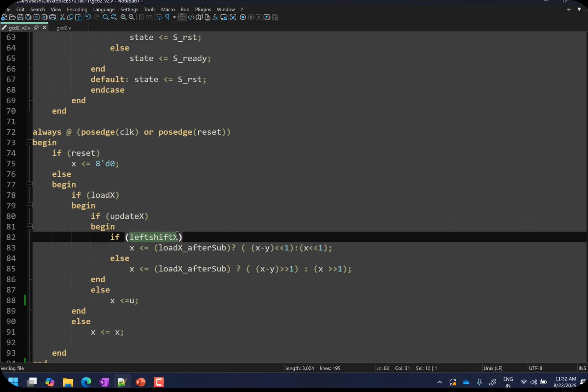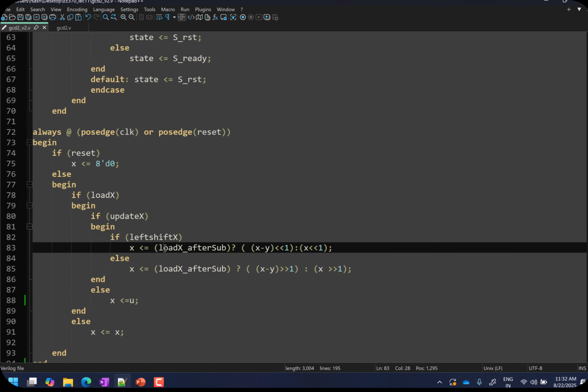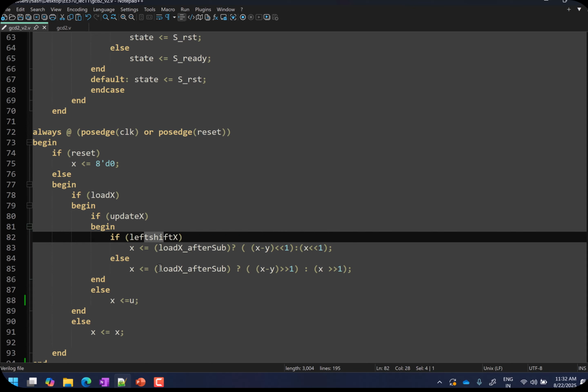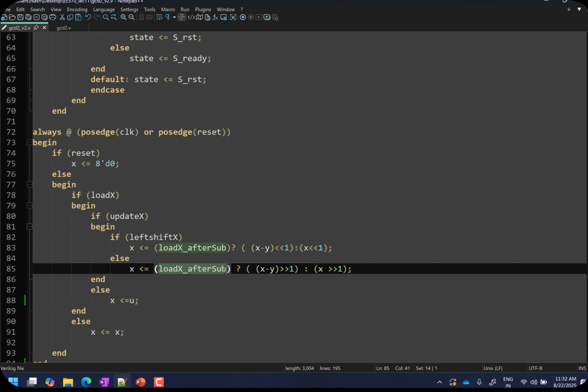And under left shift x conditions, you look for load x after subtraction. So if left shift x was 0 and load x subtraction was 1, then you do x minus y right shifted by 1. Right? So whatever you see in that data path has been implemented here in Verilog.